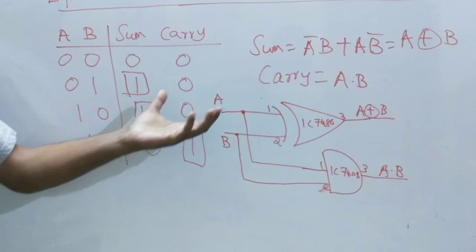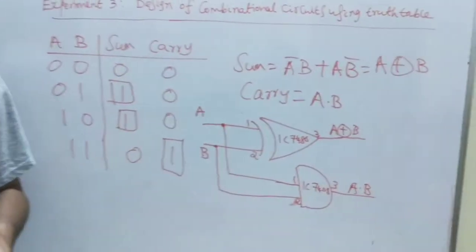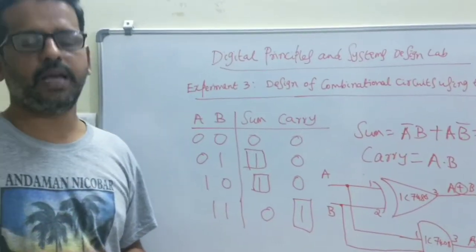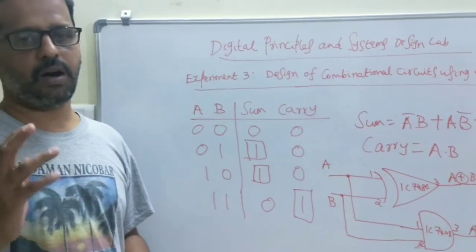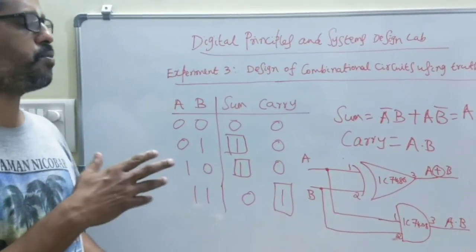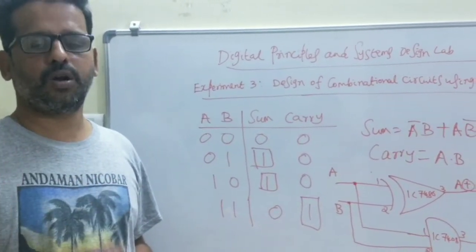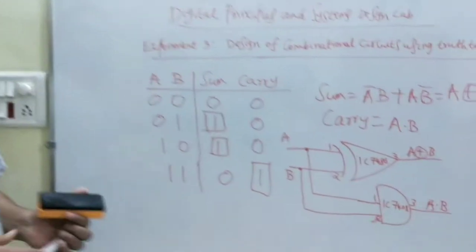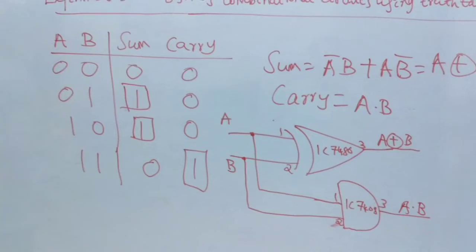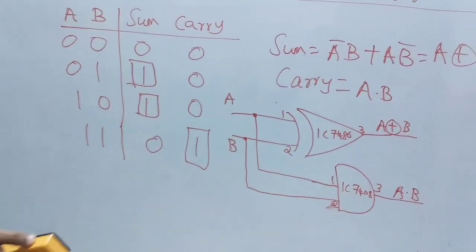You have to form a single circuit and take both the outputs. However many outputs there are, all of them should be connected to the corresponding output LEDs. That provision is given in all digital trainer circuits. So using the different inputs, the corresponding LEDs will glow or not glow. This is how we need to do the experiment for the half adder. Now we will do the full subtractor.